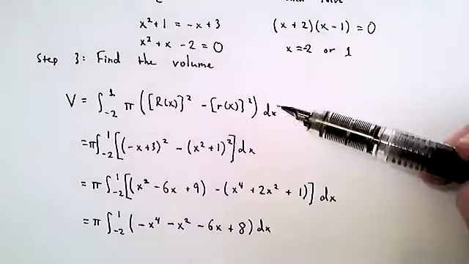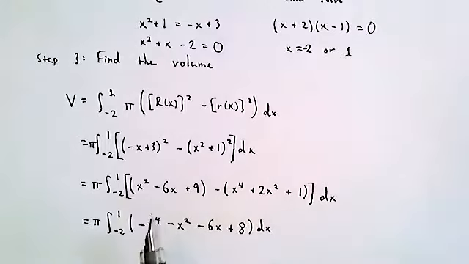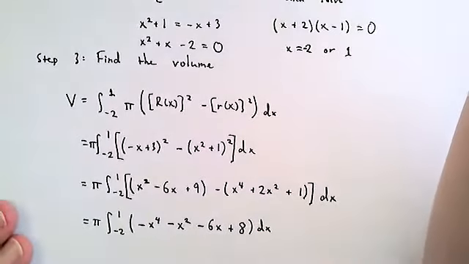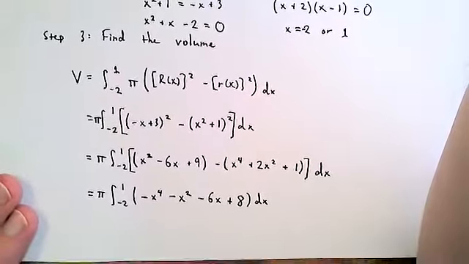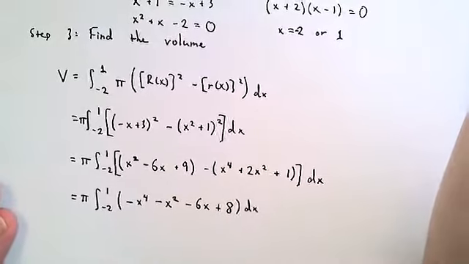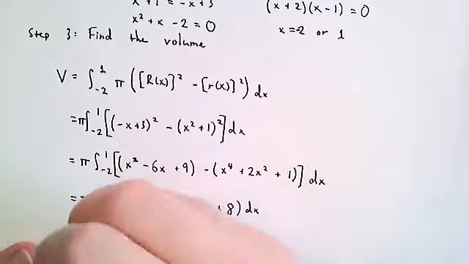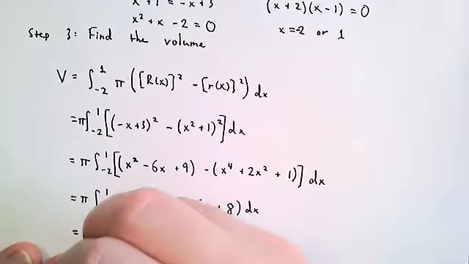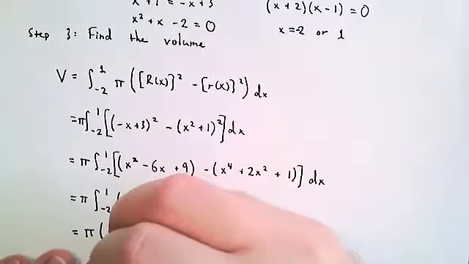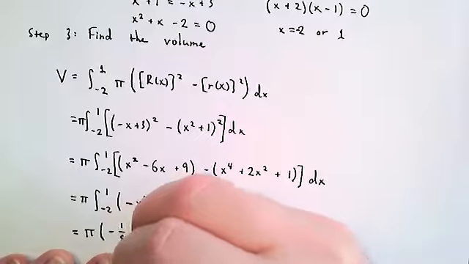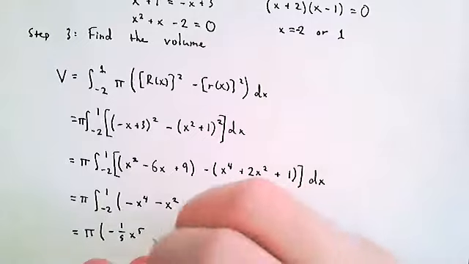So now we've done, I think, all of the hard work. We did the geometry further up here, and now we have the integral in a convenient form because we can just use the power rule at this point. So increase all of the exponents by 1 and divide by the new exponent. So we have minus 1/5 x to the 5th, minus 1/3 x to the 3rd,